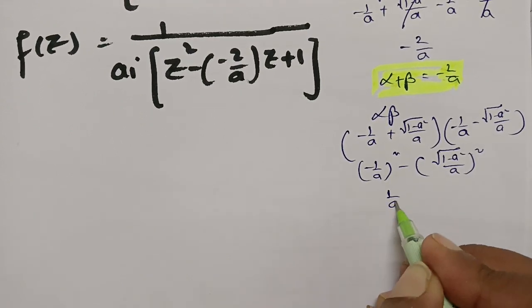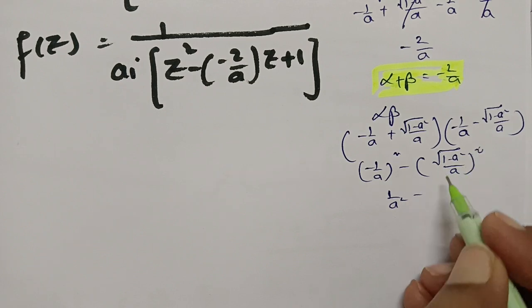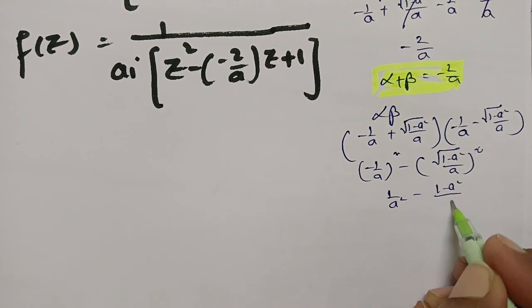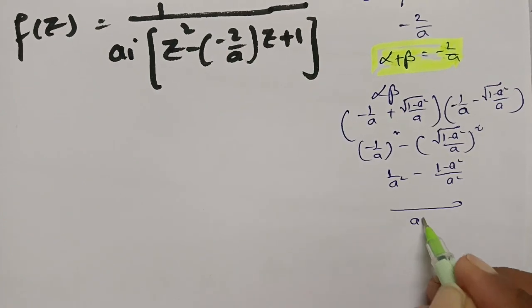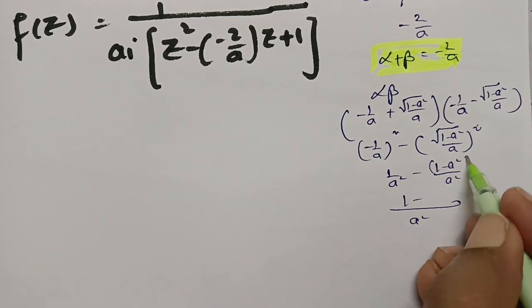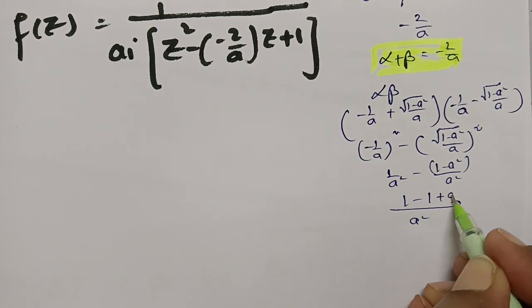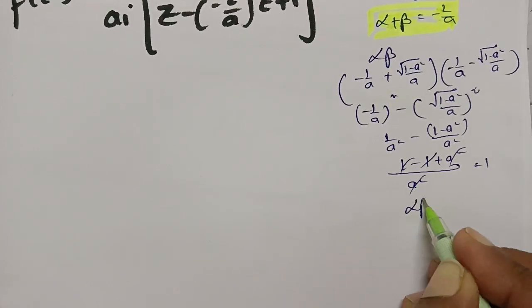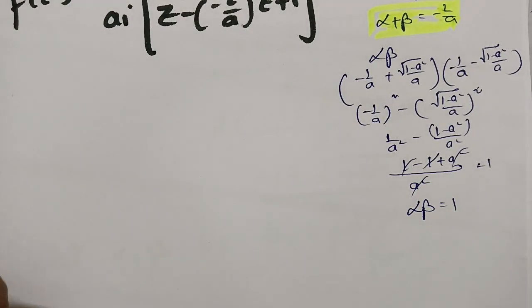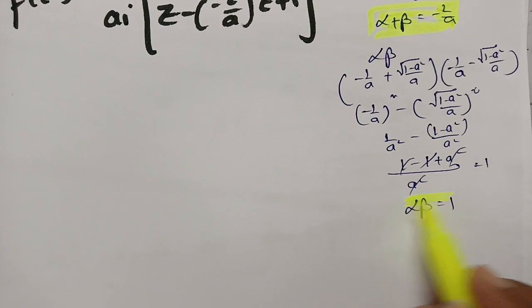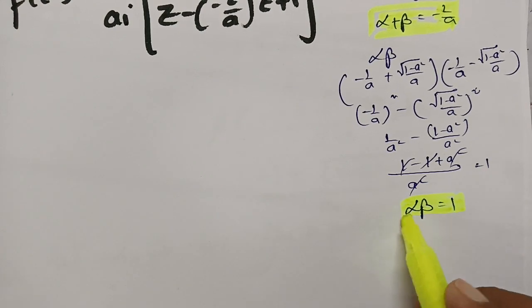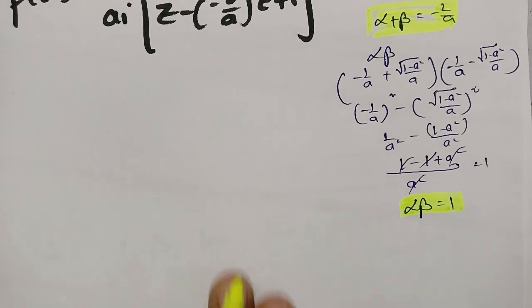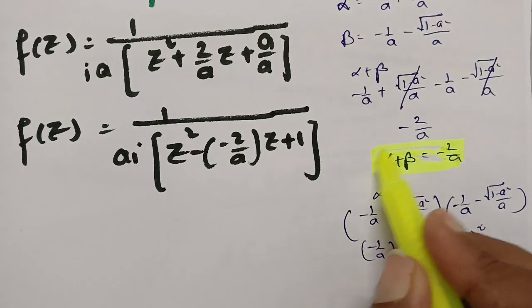So this is 1 by a squared minus the square, and the root cancels, this will be 1 by a squared by a squared. If I take a squared common, this will be 1 minus 1 plus a squared. Again if I cancel these two, the answer is equal to 1. Therefore we got alpha into beta value as 1, and alpha plus beta value as